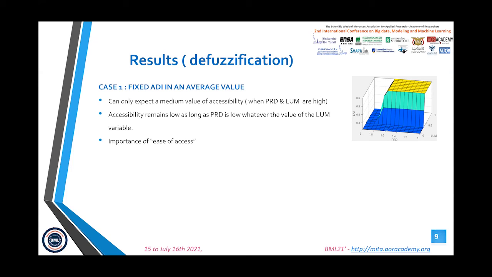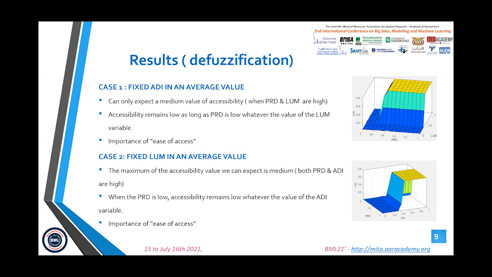We can see in the graph that when the density is medium, we can only expect the medium value of accessibility. Therefore, when the BRD is low, accessibility remains low, whatever the value of LUM variable. This supports the fact that the ease of access is an important component to consider when studying and planning local accessibility. Case 2, as we can see in this figure, when we set the LUM to medium value, we notice